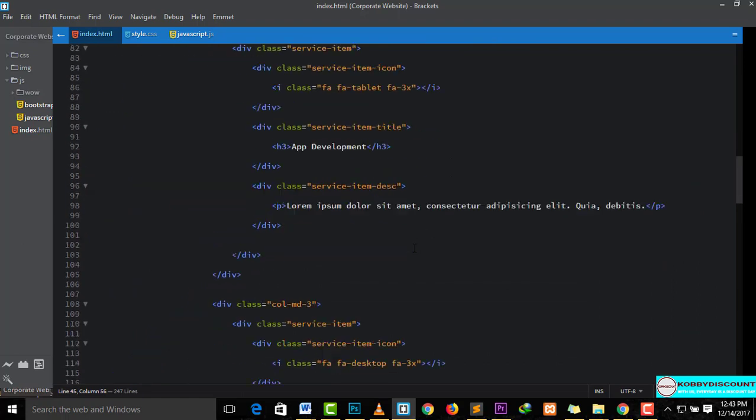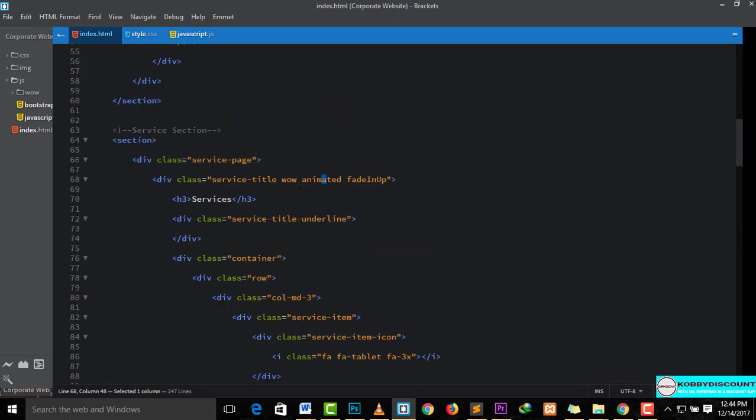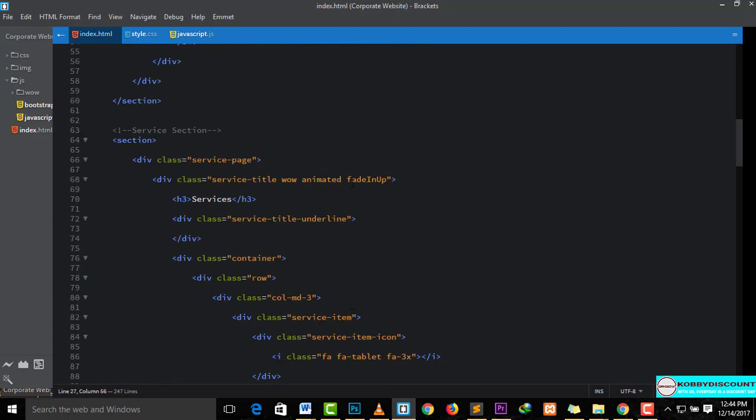it. Scroll down and then we add it to the service title, we add it over here. So we add wow to it. Sorry, no caps. And then the animation itself, after adding this, there was already an animation over here. You have already added the animation here, so there's no need adding the animated word again. You take it off,